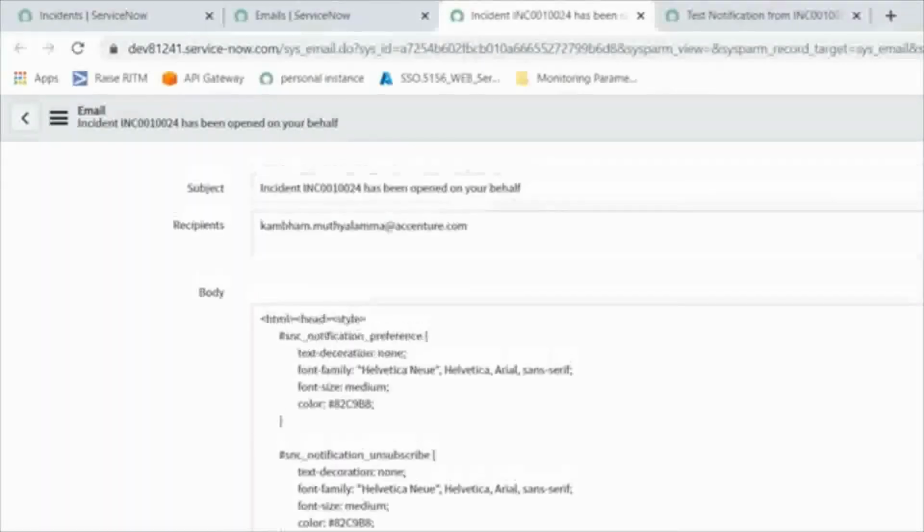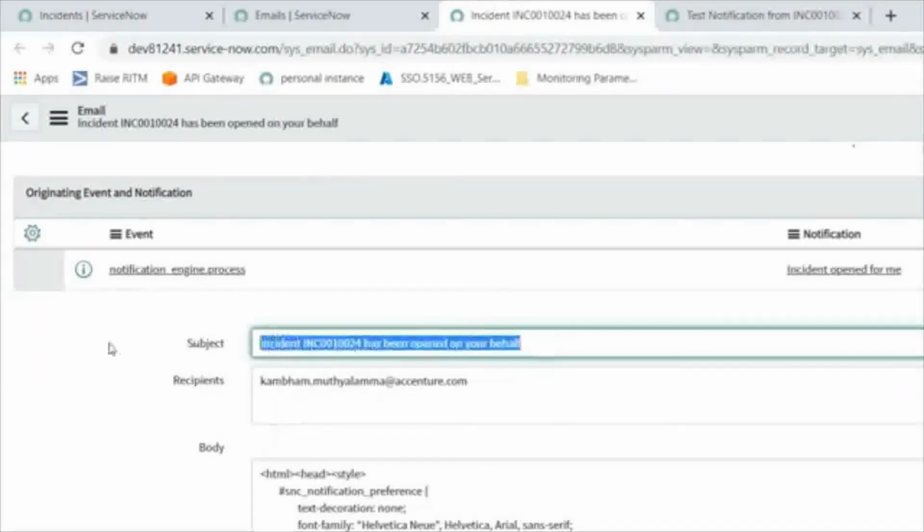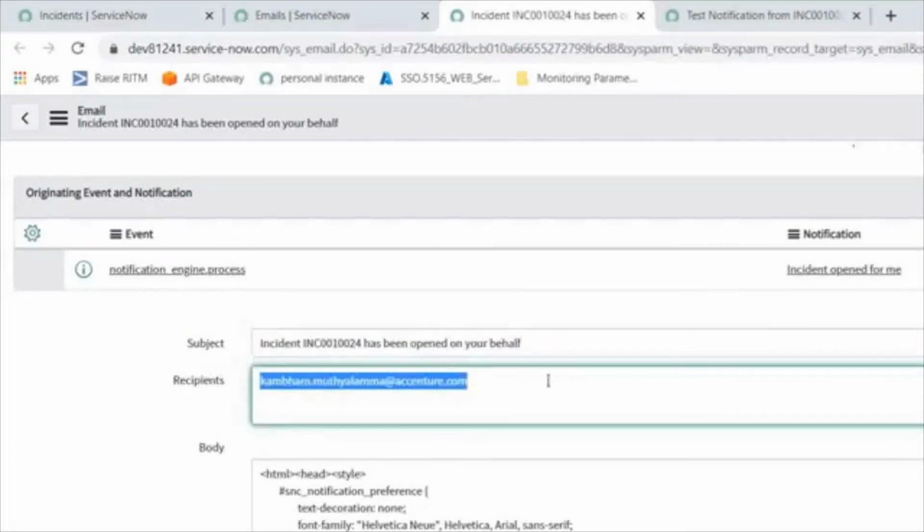Here you can see the events: the notification subject, what subject has been sent, and what recipients. Sometimes users who received the correct information come to us saying your outbound integration is not working correctly, this field is not working, that field is not working. They will raise a ticket and ask for our help. In that case, you go here and check, and say everything is working fine on my side.